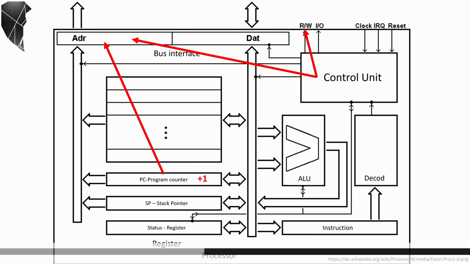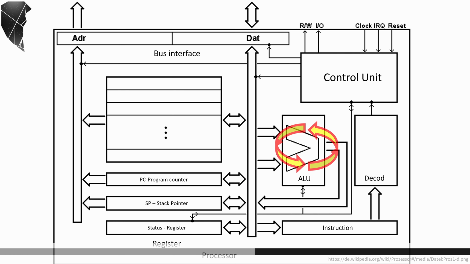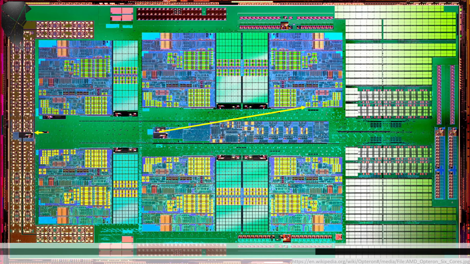First thing, we load the data in and increment the program counter. After loading the data in and getting it into the register, we then decode the instructions and process the instructions in the ALU and in the processor. We write back this result in the registers and update the status register. Then we can write data back into the RAM if we want to. This cycle repeats endlessly.